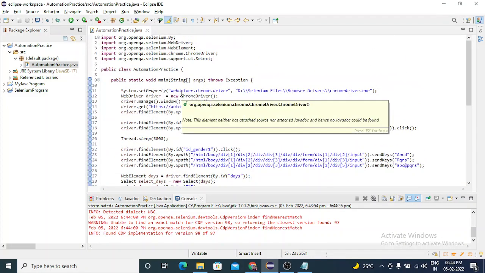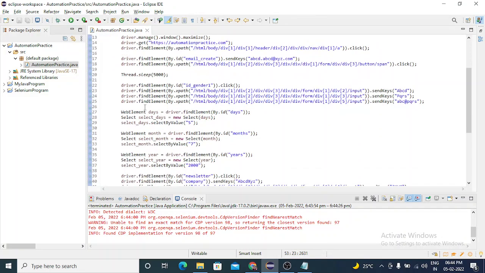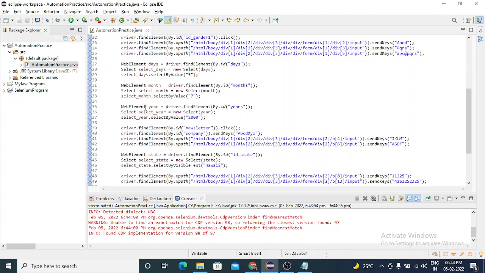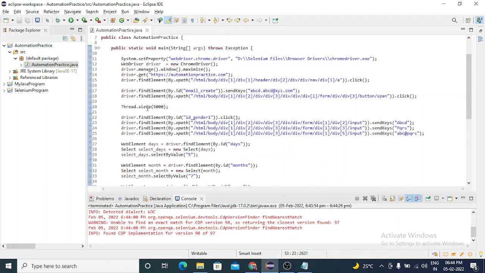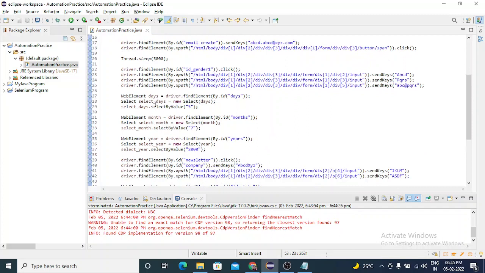So this is the basic thing that I have given you, but this is not the way that we need to write the program. I have only given you the basic syntax of how to find an element and write a program. In this video we just did a hard coded program which is not a real-time scenario. My purpose was to make you understand how to automate different types of web elements in the web page. So hope you understand the basics now.